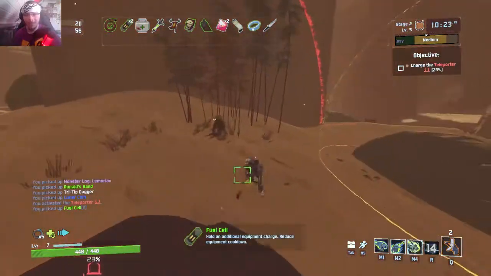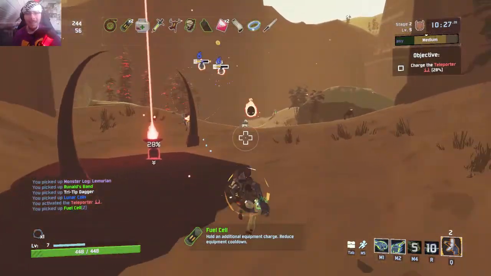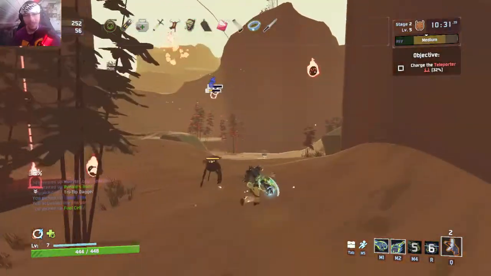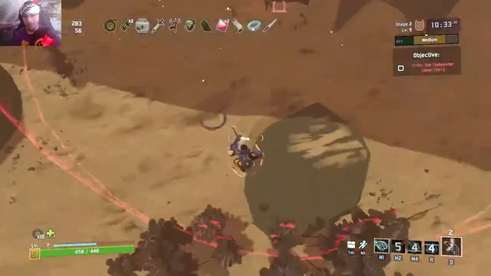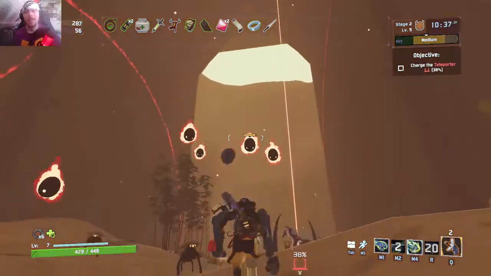Another fuel cell for our good old radar scanner. Nice. And elites... I think one elite got killed just by the pylon. I think they're a little bit off range, so let me fix that issue. And right here you see...